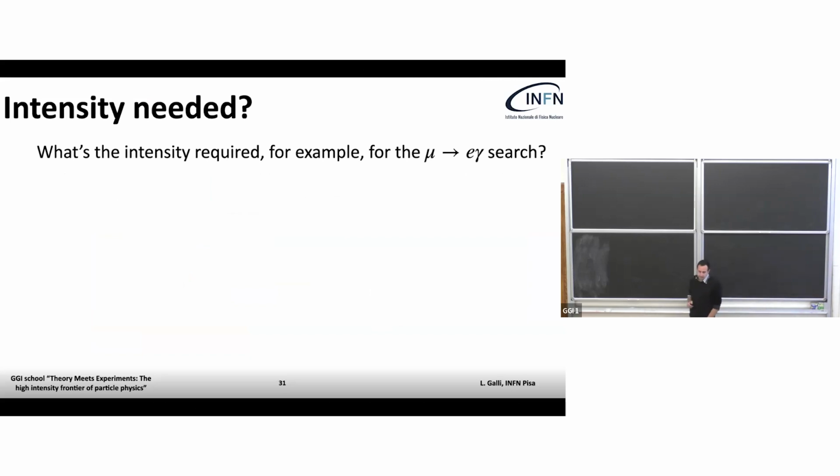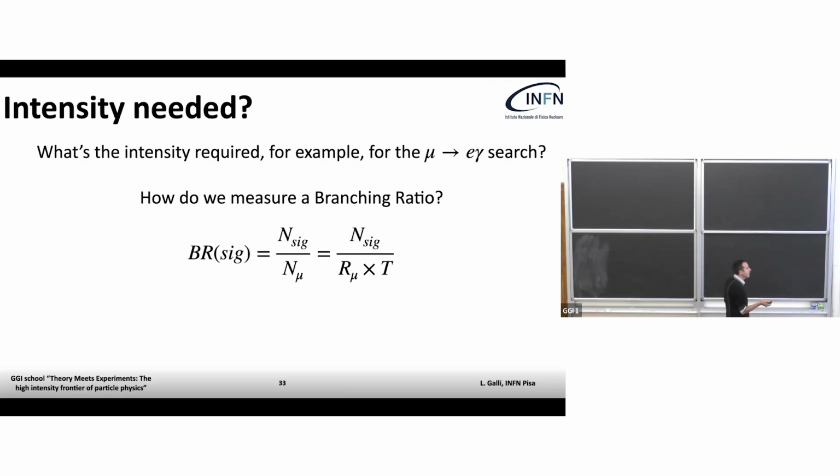What is the intensity which is needed for a mu to e gamma search? Okay. So, of course, the first question is how do we measure a branching ratio? What is a branching ratio for a decay? Exactly. So we have to measure a branching ratio for a signal, if we are looking at muons, is the number of decays like the signal, you count, okay, divided by the number of muons that you collected and analyzed in your experiment. Of course, then, and you will see after kind of 60 slides, how to compute this is not that trivial, but okay, at the first order of magnitude, it's just the number of muons on the